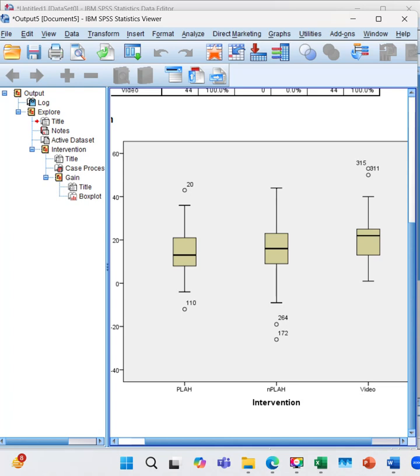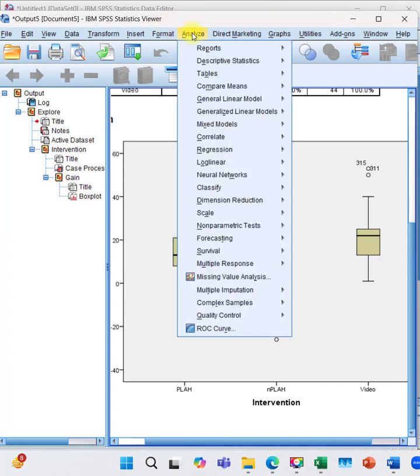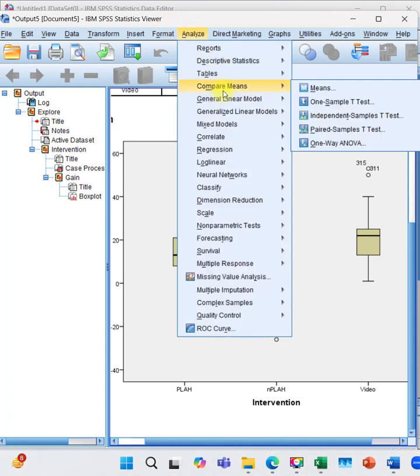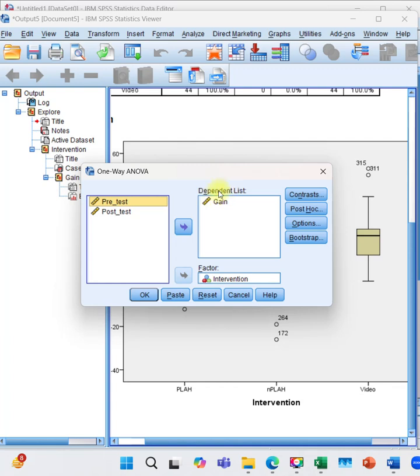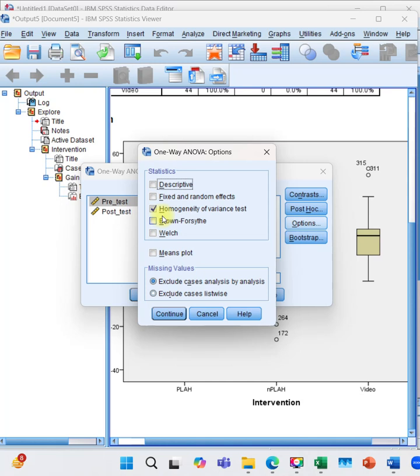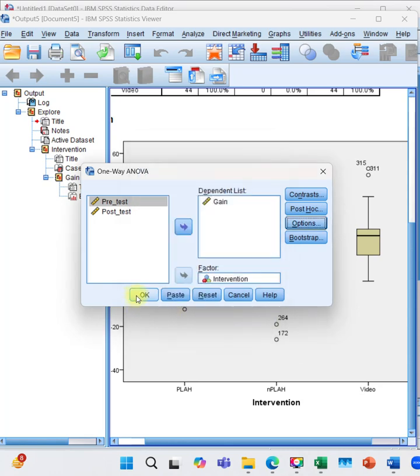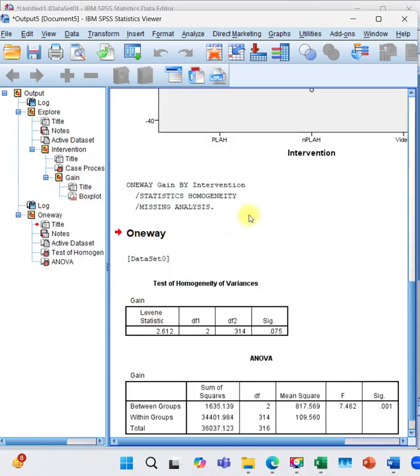So we can also use the Levene's test for homogeneity of variance. So you just press analyze and then compare means and then go to one-way ANOVA. So here you will put your dependent variable, which is the continuous data, into the dependent list, and then your grouping variable, your categorical data, into the factor field. So you click in options here, make sure that you click the homogeneity of variance test, and then click on continue, and then click OK to run the test.